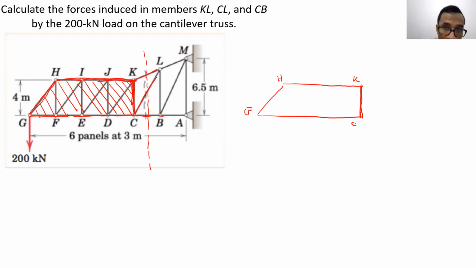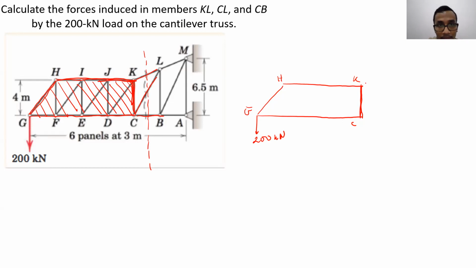So here we will draw all the external forces. Here we have 200 kilonewton. At K, there will be KL, like this. This one is FKL. We assume it as a tension as usual. FKL, we assume it as tension. FCL,